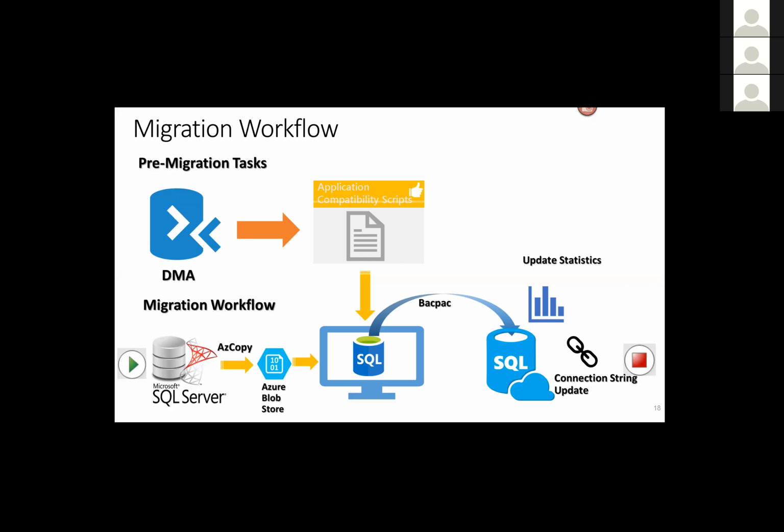There are other methods also, like transactional replication can also be used to migrate, but then you would need primary keys and have other limitations, like every table should have a primary key and so on. But that's another option available for customers to migrate data. You can have an Azure SQL DB as a subscriber and migrate data across. Another one is a third-party solution like Attunity, which also provides a replication solution that can be used for migration. And there are other solutions which migrate data to Azure SQL DB. But the simplest and easiest one would be BACPAC.